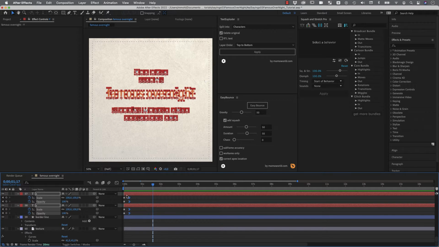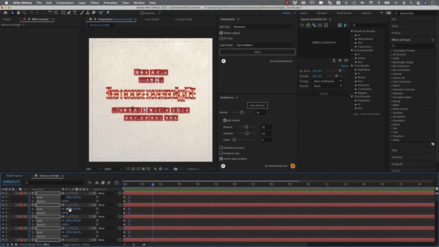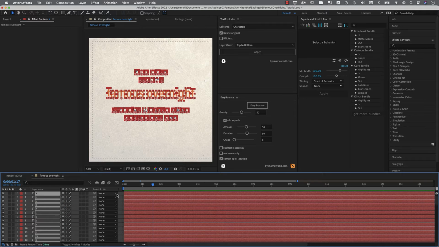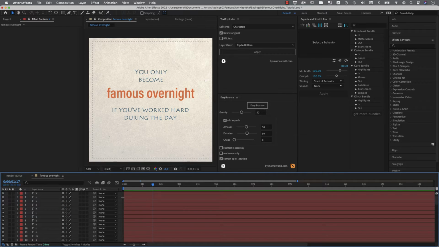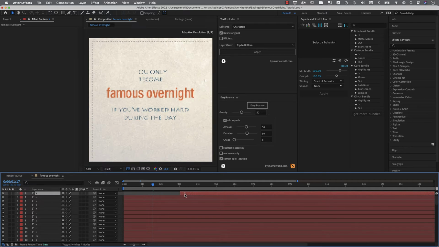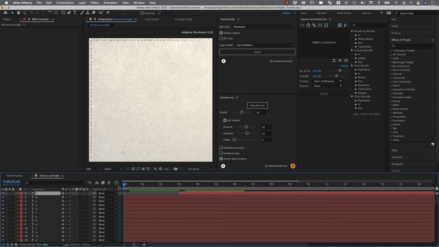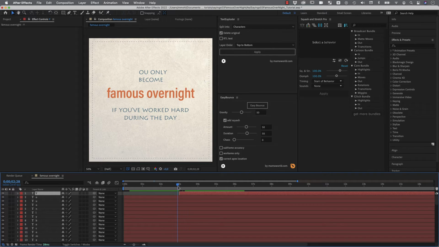Now this still looks very unspectacular, and what makes it much more interesting is if we stagger those layers here so that they don't appear all at once, but one by one instead. Yeah? So this is why we in the beginning split everything into individual layers. Okay, now I deselect all layers by clicking somewhere in this region, and then I take one of them and move it so far back as to the point where the last layer should appear. So here the first layer should appear here, and the last layer should appear here 3 seconds later.